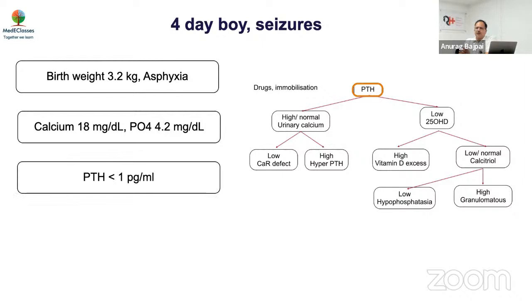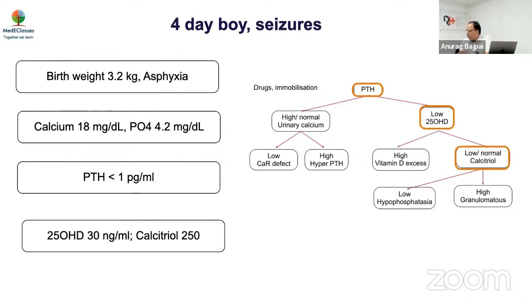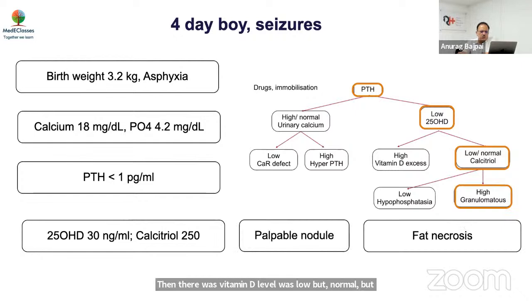In this regard, PTH, of course, we will do. It was low. Then vitamin D level was low, but normal, but calcitriol was very high, and he had a violaceous nodule suggestive of fat necrosis. So again, in a newborn period, if you have hypercalcemia, look for skin nodules which can cause these granulomatous changes